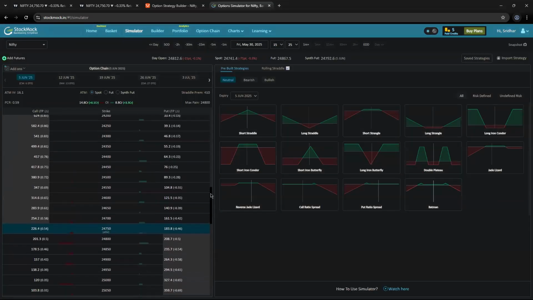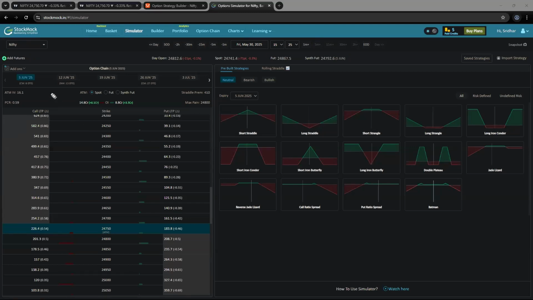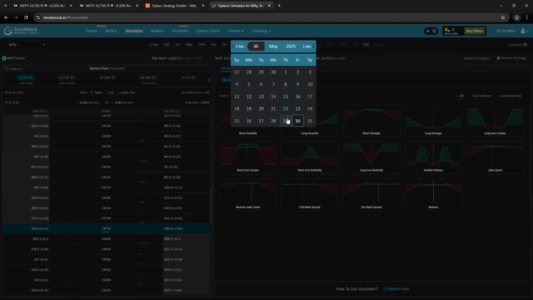Very simple. What am I looking for? First, I'm looking for June 5th expiry. Right now I'm going back in history to back test the same strategy we executed on Thursday. So we're going to June 5th expiry. We're selecting that option chain. Date and time I'll change here. So we went on Thursday, we'll go to Thursday, that is your 29th,